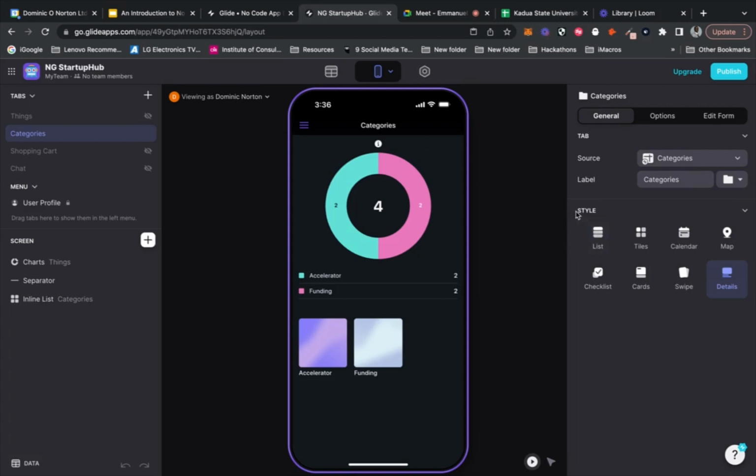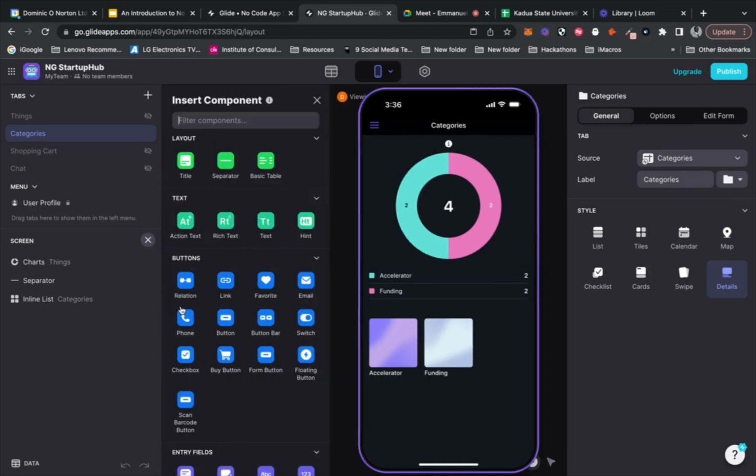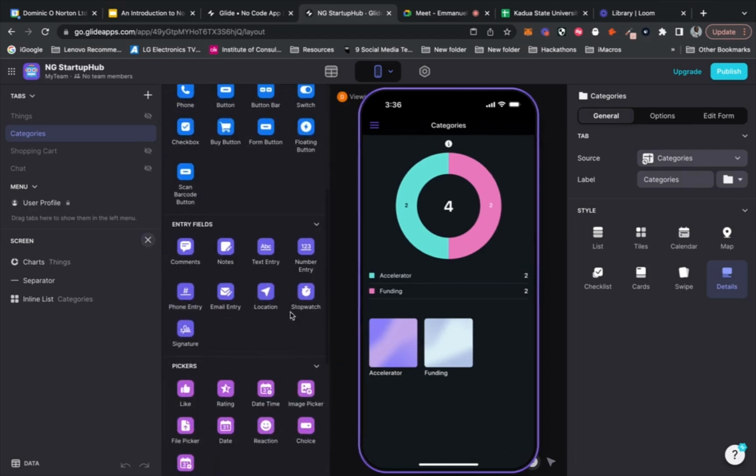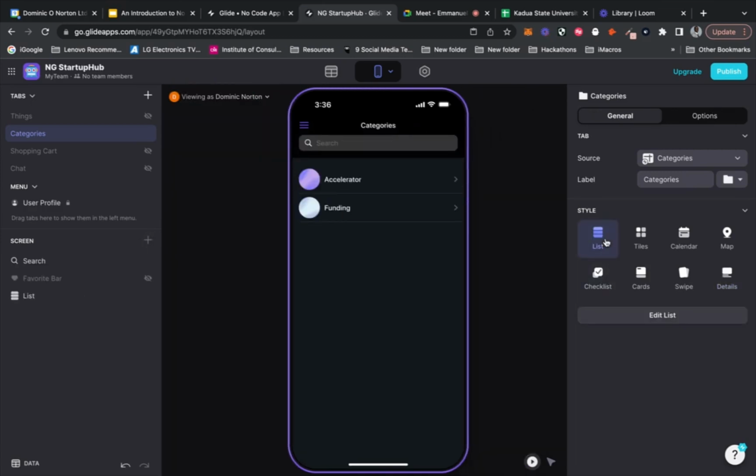What we then want to do is change the style of this particular page. This detail style allows us to add really interesting components. But for this particular purpose, we want a different homepage style. So I don't think we want list.